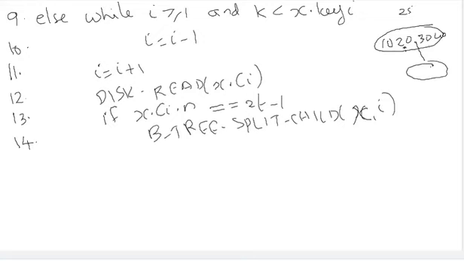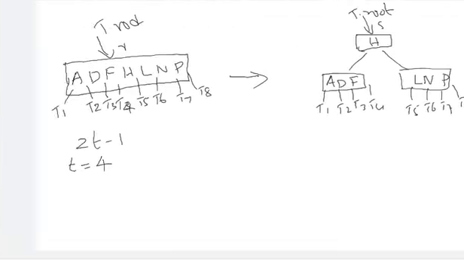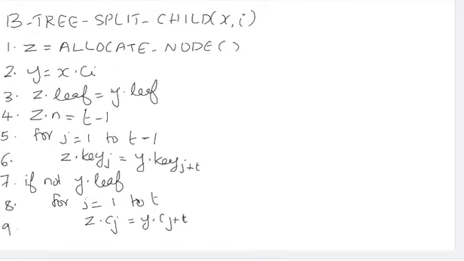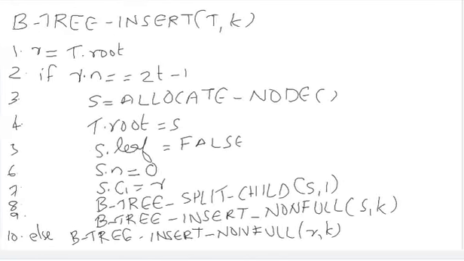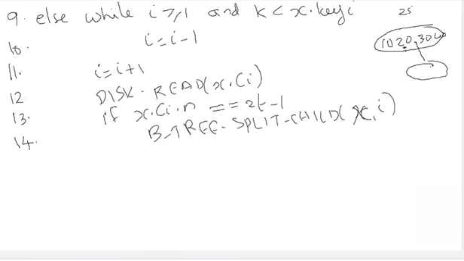After getting this, we need to check one more thing, that is if k is greater than x.key_i. At that time also, now instead of one node, we have 2 nodes after splitting this. So we need to decide whether the first node or second node is to be taken. That is, we need to decide whether we can insert k into the left or right child. Left means the first node, right means the second node.